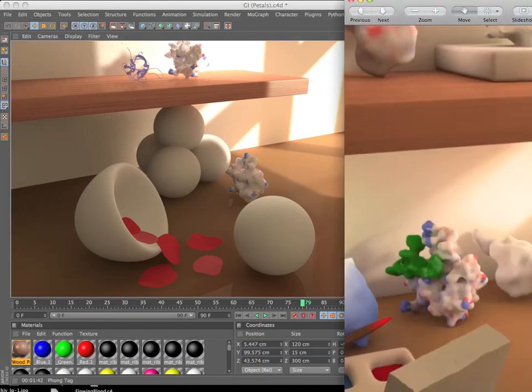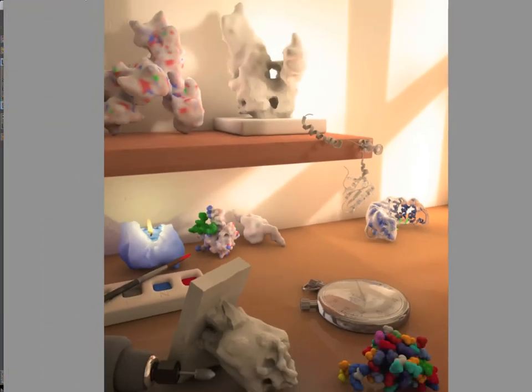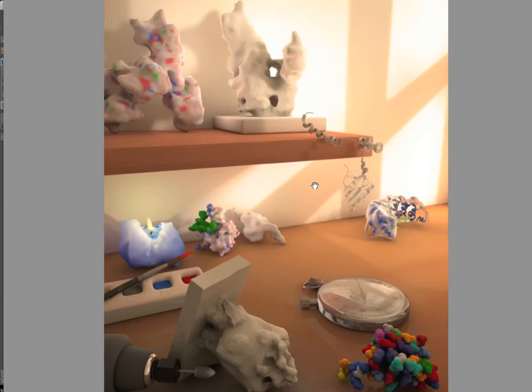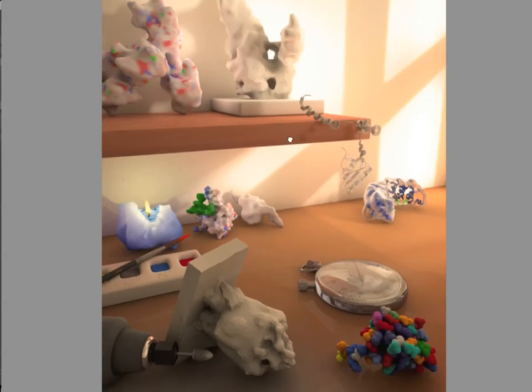And so more or less with these techniques and just adjusting all the parameters until they looked the way I liked them, moving the camera around till I found a comfortable view that fit every object, I was able to position all 9 of the molecules in this scene and to play with them in ways that makes them look like they were on an imaginary 3D molecular sculptor's workbench, where one of them's being carved out. One of the molecules was molded into a candle and is melting, and some of the others are being painted,